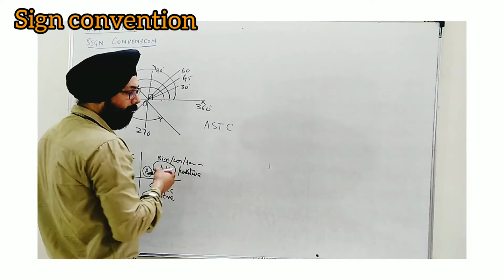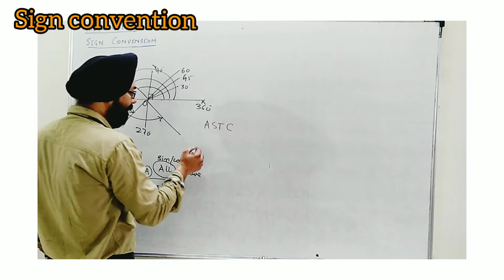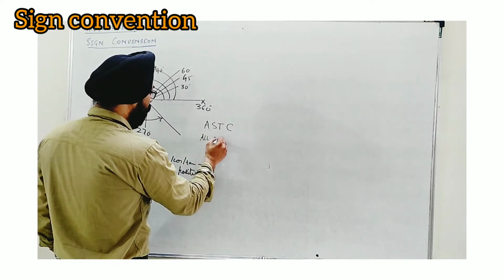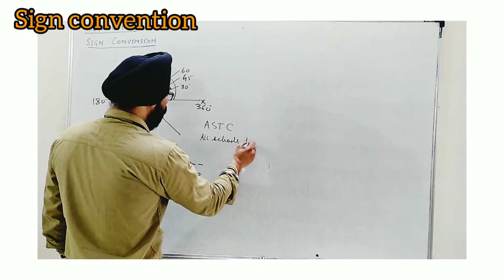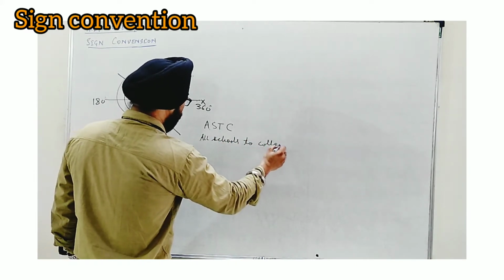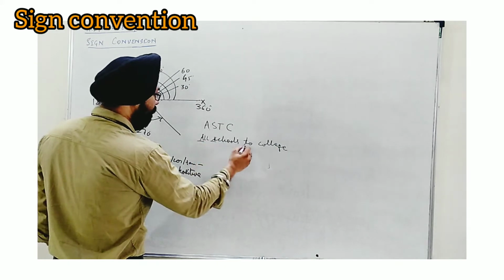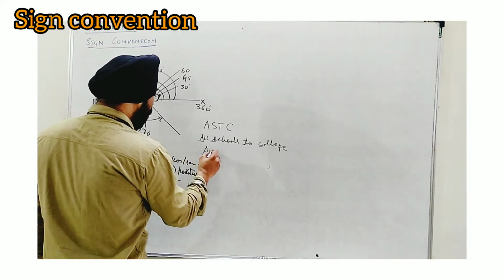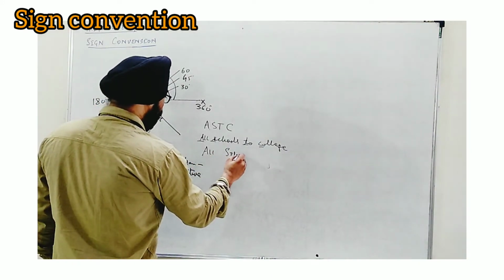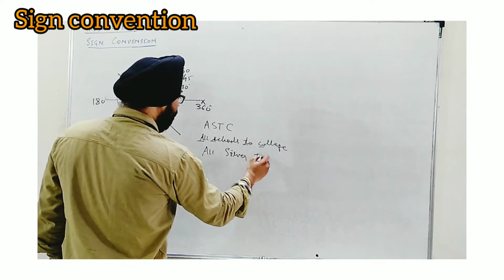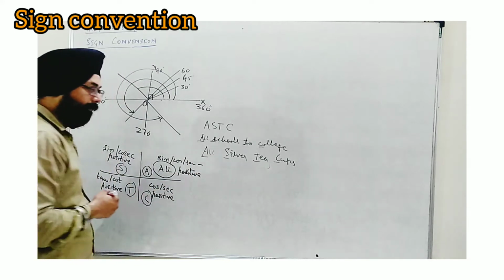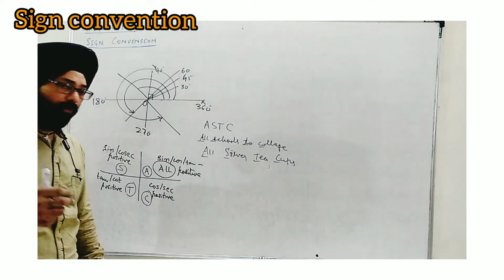Different types of full forms are made so that students can keep it in mind easily. Here it's written as All Schools To College. You can see the initials, first letter only of each, and you can copy it down. All Schools To College. Next is All Silver Tea Cups. This also can be said, and you can make your own also.